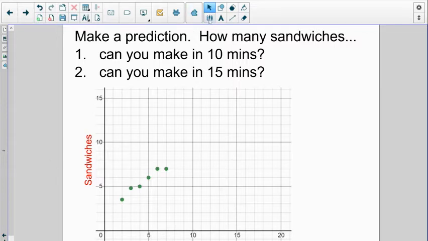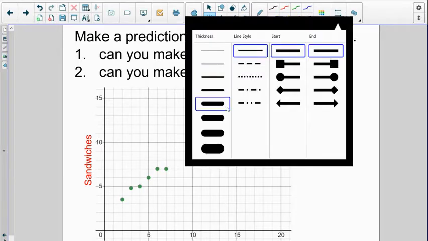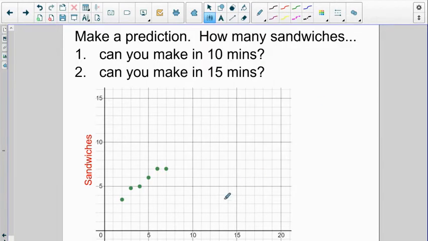All right, so one way to do this would be to just kind of eyeball it. And I'm going to take, let's see, purple. And using my mouse pointer here, I'm going to start at 10 minutes because that's the first question. How many sandwiches can you make in 10 minutes? We see the independent variable is time, number of minutes. The dependent variable is the number of sandwiches that you can make. So if I go to 10 minutes and I were to make a dot,